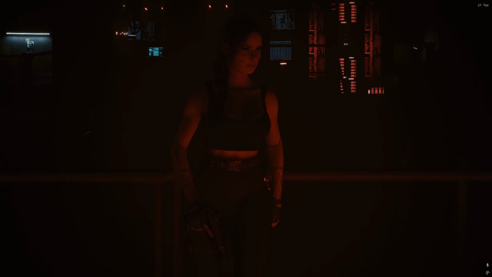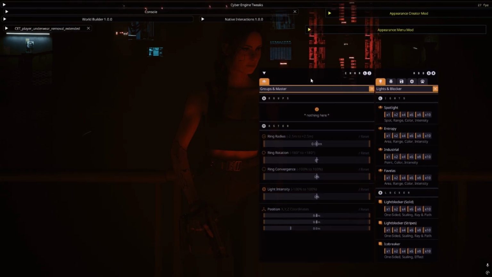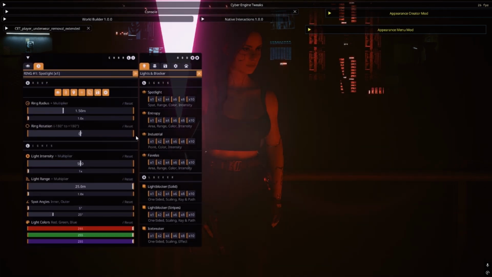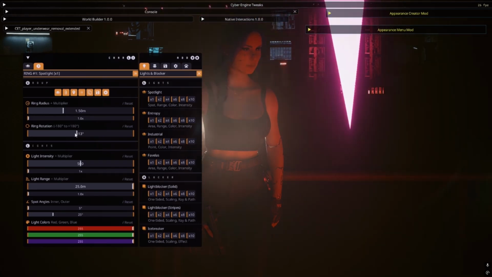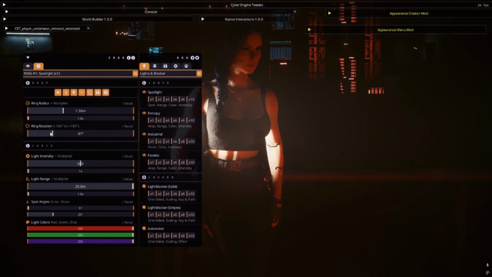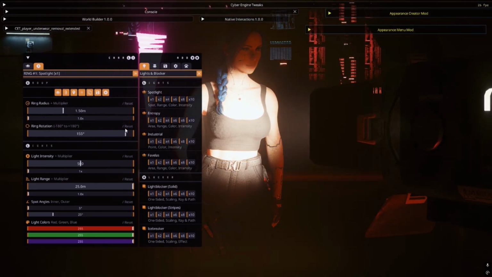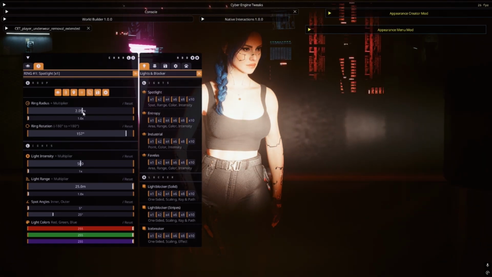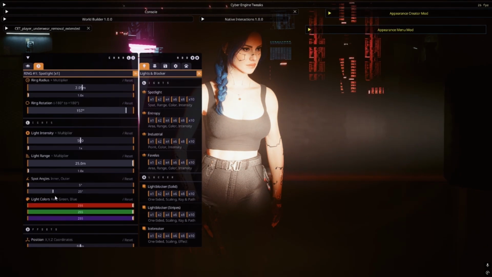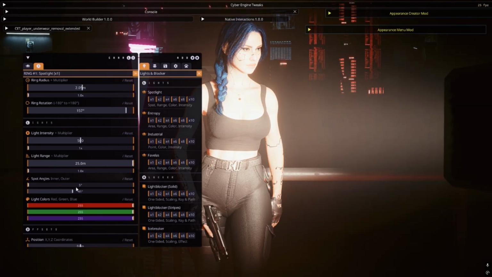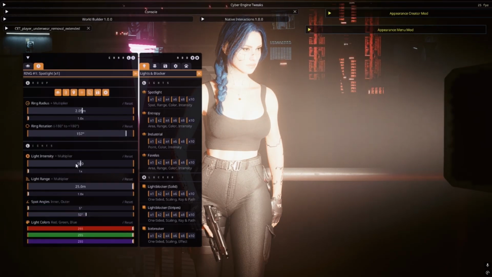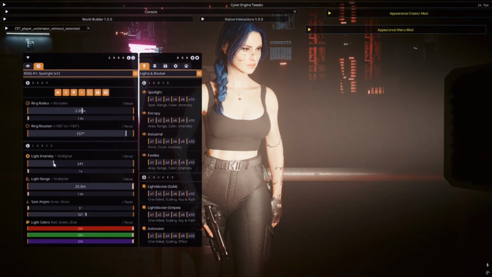So to start, I'm going to drop a Charlie spotlight on Valerie just so that she's a little bit more visible. We're just going to rotate this around. Actually, we'll do it this way. I'm going to pull it back a little bit. For the spot angles, this will increase the size of the radius of the light, so I'm going to do that just a little bit. Then I'm going to drop the intensity,